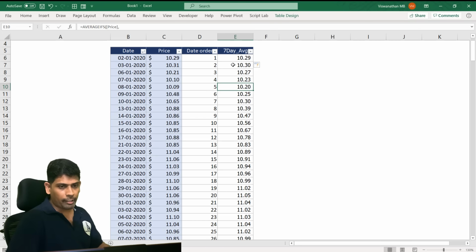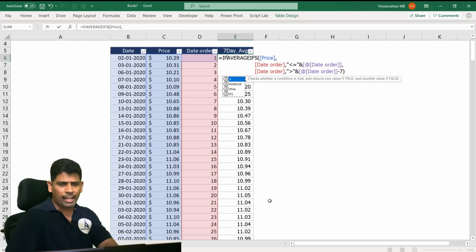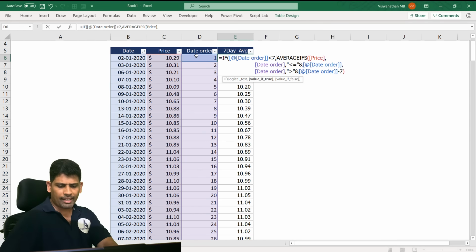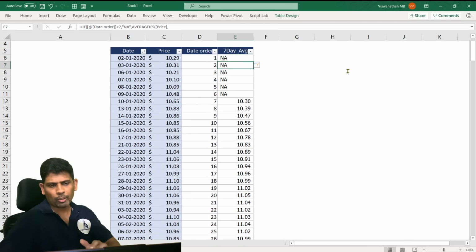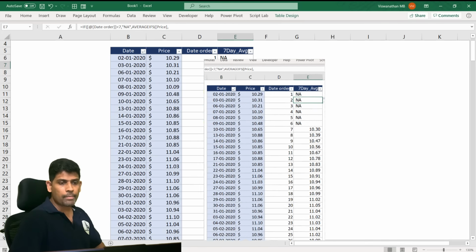If you say, before day 7, I don't want the moving average, well, you could use the IF function. Right on top of this, I could say if this date order or date index number is less than 7, then get me an NA. Else give me the average function. And close it. We've got the answer. Again, let me take a screenshot so that we can then compare this with the sorted result.